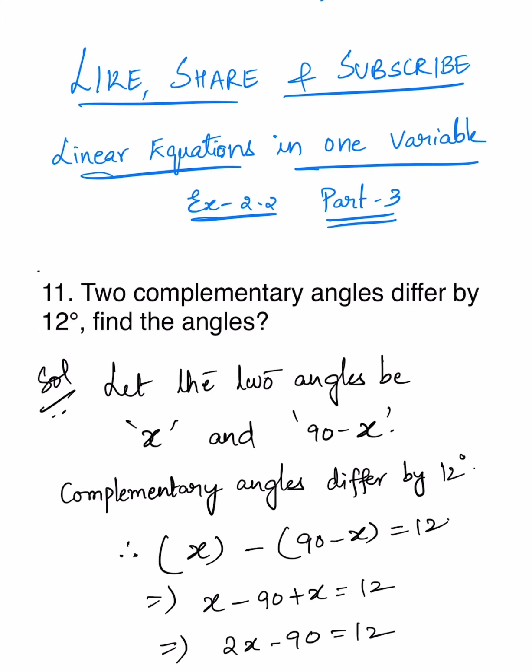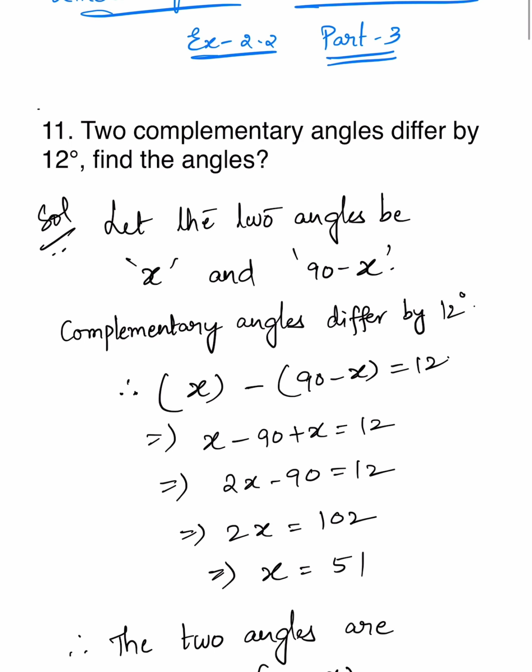Linear equations in one variable. Exercise 2.2 part 3. Two complementary angles differ by 12 degrees. Find the angles. Let the two angles be x and 90 minus x, because we know that sum of two,